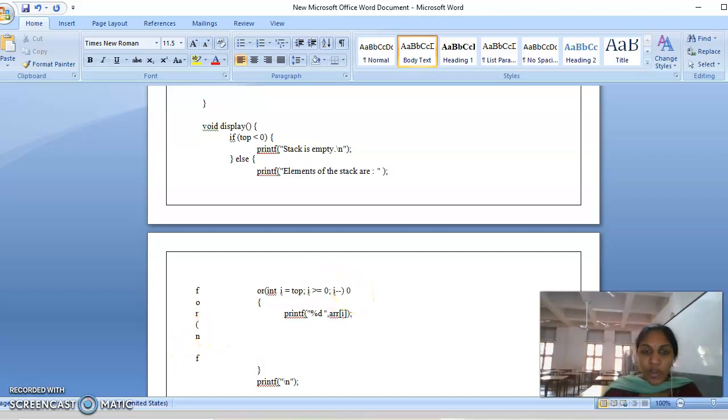What is the top value? Top will be 0. That will be stored in i. Now i is equal to 0.